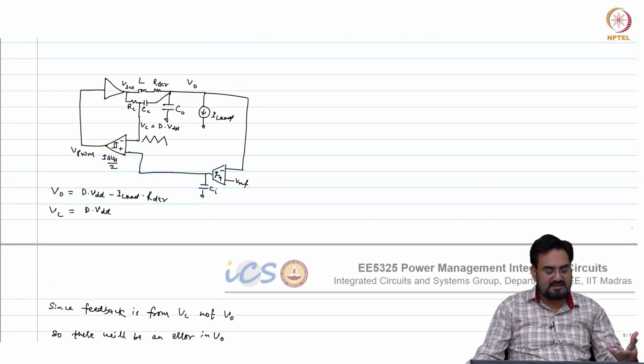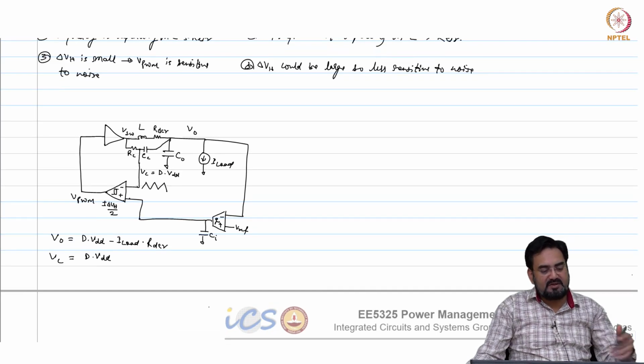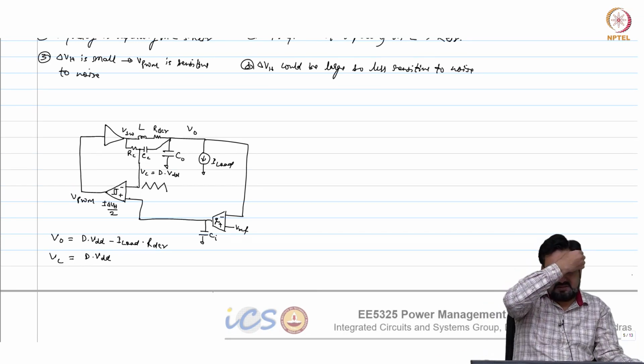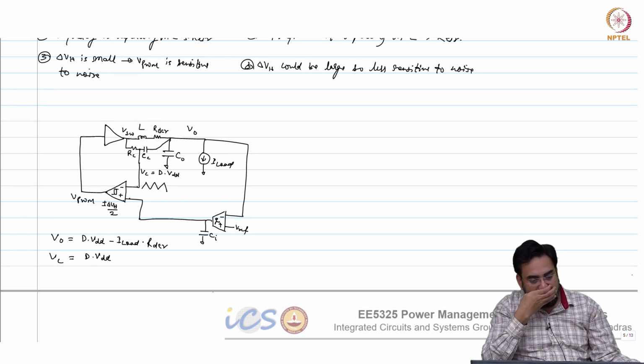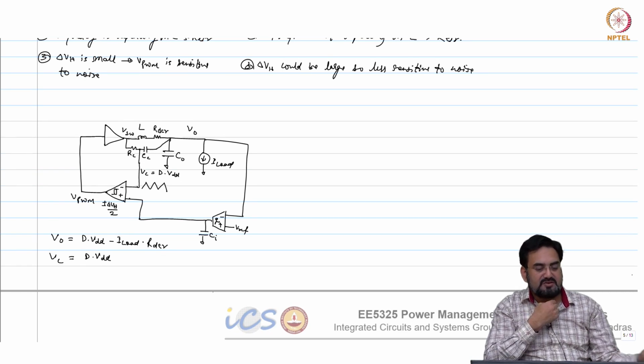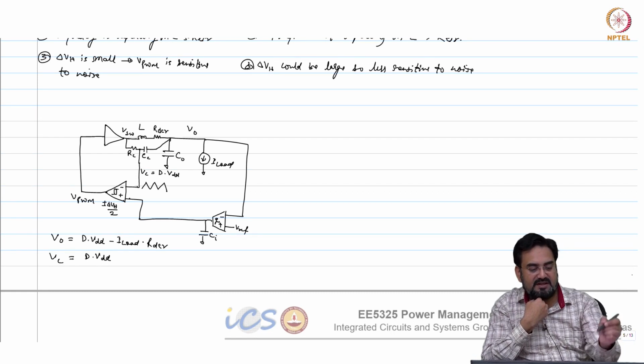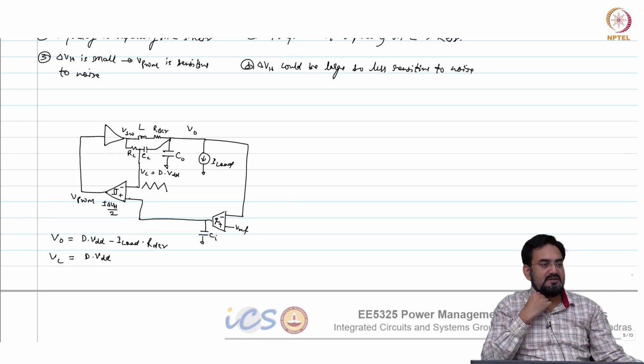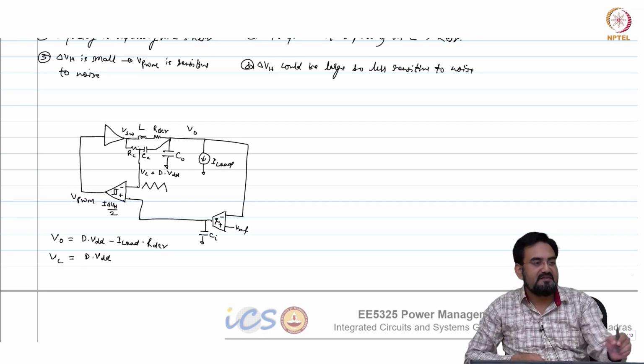Is there any other way? If I do not want to use an integrator, what about the transient response of this current mode hysteretic converter? Vc won't change? No, it will change. You have a capacitor connected between V out and Vc, the Cc cap. So any high frequency change will get reflected into Vc.